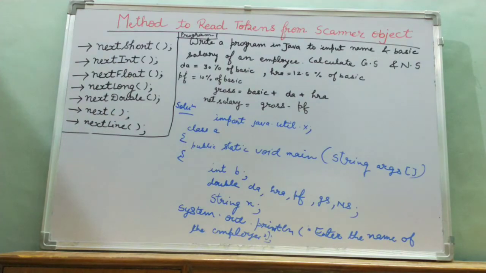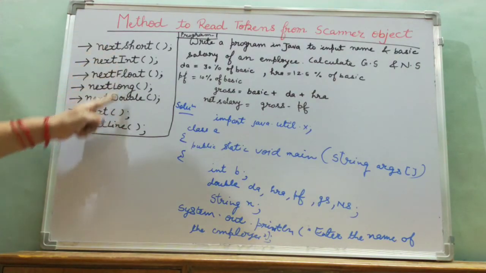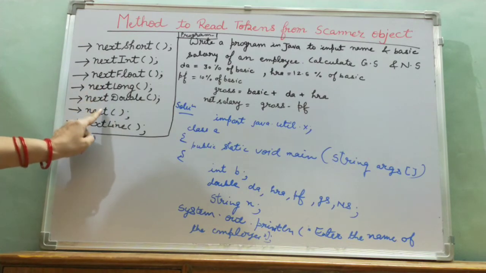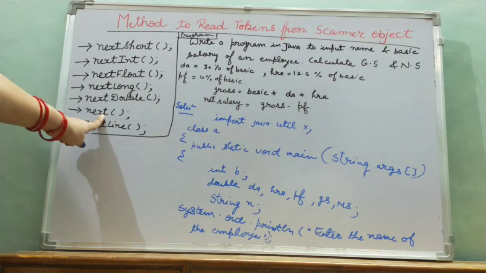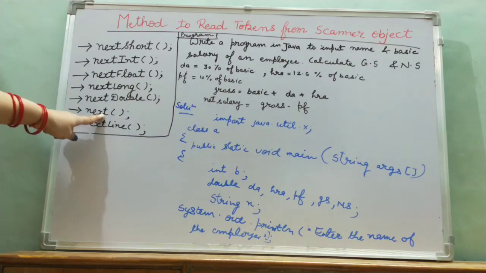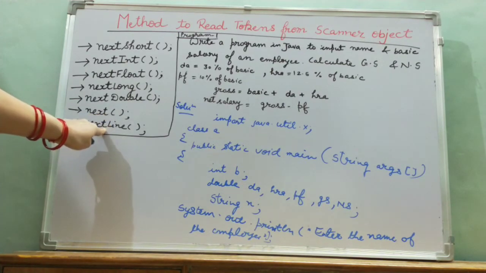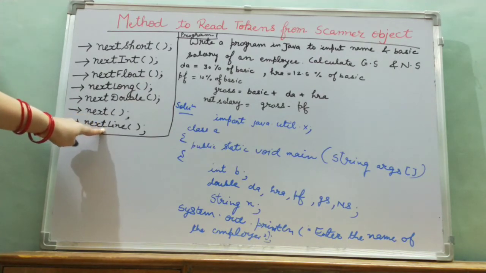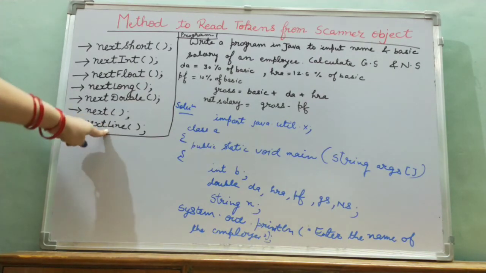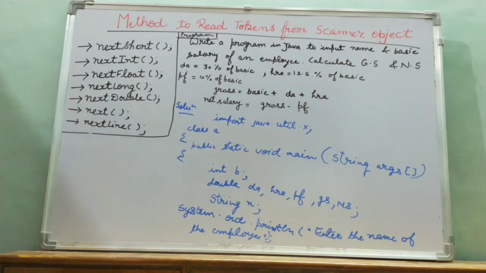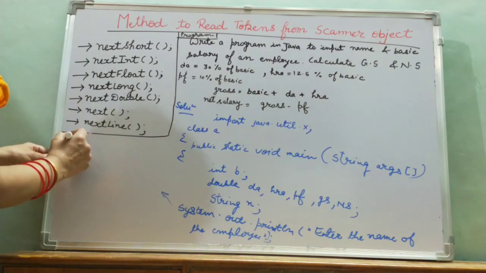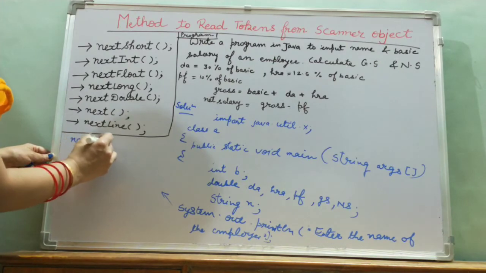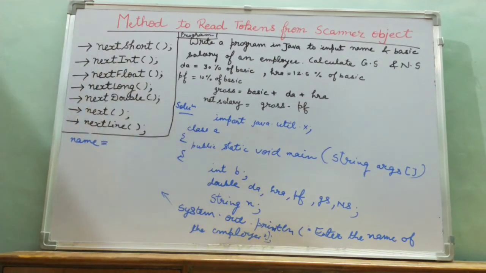Then it will enter the name. How can we enter the name? Through these methods. This method is for entering a word. Suppose you want to enter a first name and last name, a surname. Then which method will we use here? The nextLine() method for storing the name. Name is a variable, and one more thing is left here.